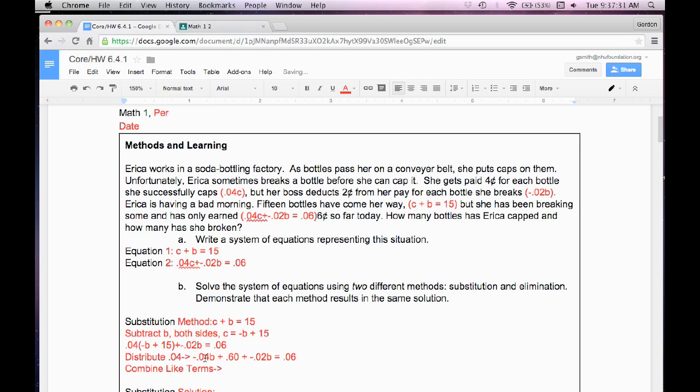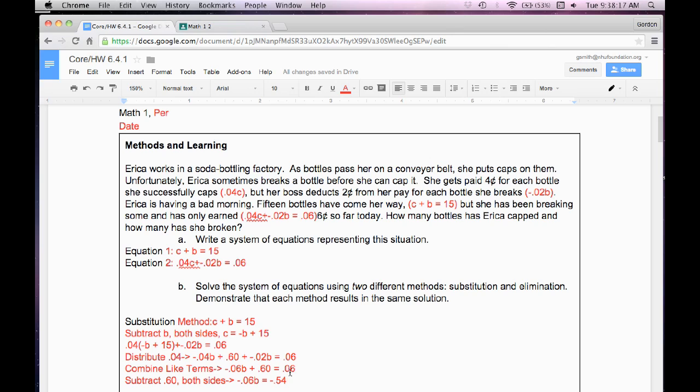Because I have the negative 0.04b and the negative 0.02b, I'll put those together and I'll get negative 0.06b plus 0.60 is equal to 0.06. I'll have to subtract this 0.60 to get it alone, so I'll subtract 0.60 from both sides, of course, and that will get me negative 0.06b is equal to negative